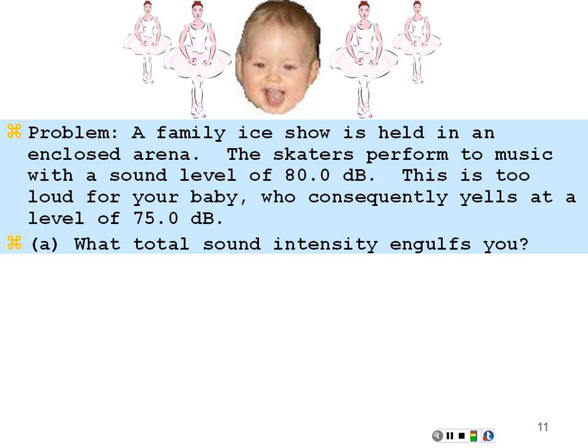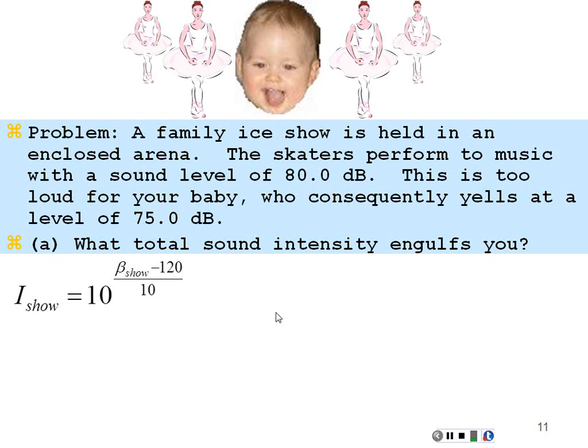So you have this ice show going on, and in the middle of it, your baby is yelling. The ice show is 80 decibels, your baby is 75 decibels, but you can't linearly add decibels. You can't say 80 plus 75 is 155. You can't do that. You can add intensities, so we can convert these decibel levels to intensities, add the intensities together, and then convert back to get intensity level. So we want to figure out what are the respective intensities of the ice skaters and the baby,